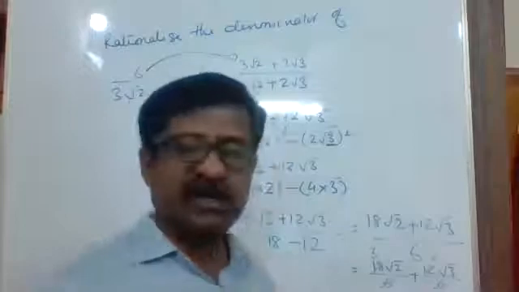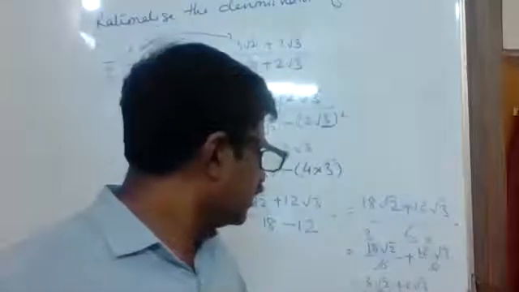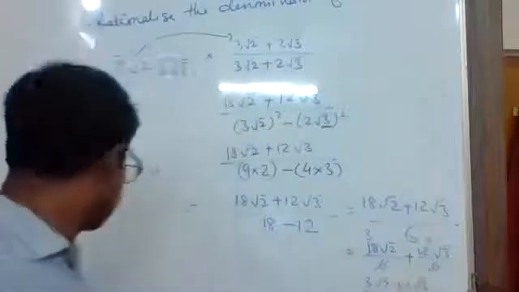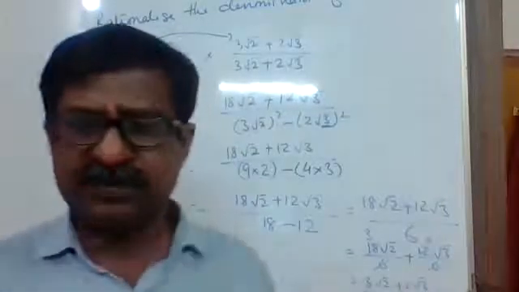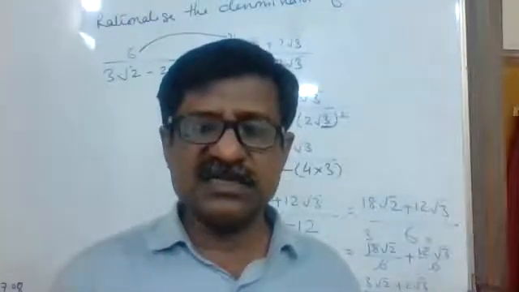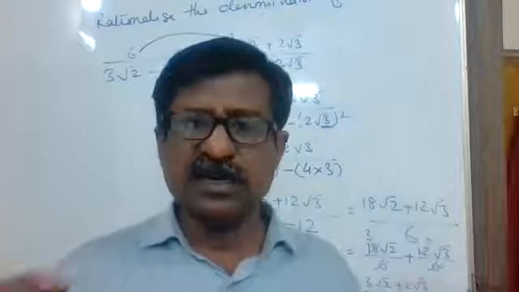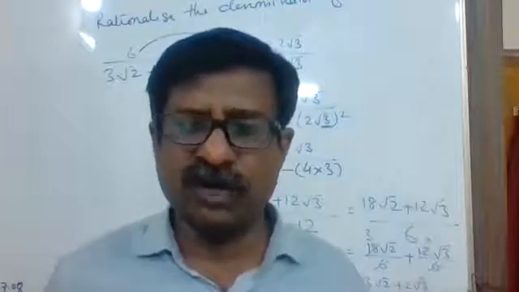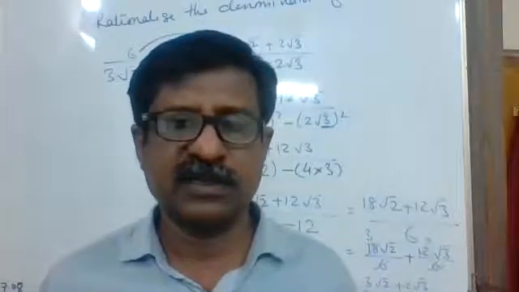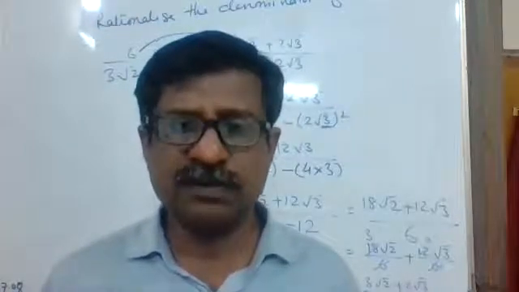The denominator we got here as 1, and this 1 is a rational number. Everywhere we got the denominator as 1. Clear? Any difficulty over there? In this way, we can rationalize the denominator of any irrational number, irrespective of whether it's a monomial or binomial. If it's a monomial, the same number has to be multiplied. And if it's a binomial, then its conjugate has to be multiplied in numerator and denominator.